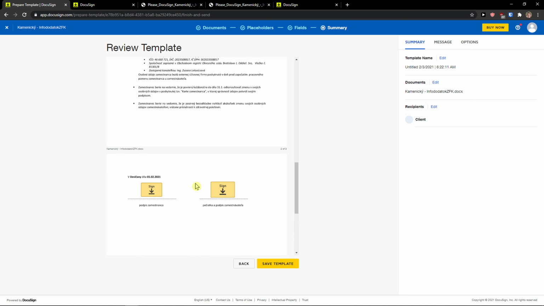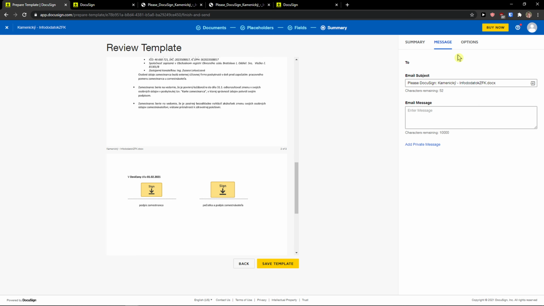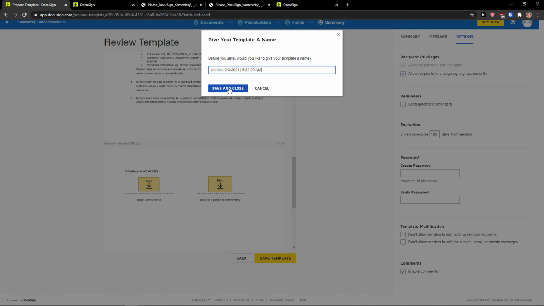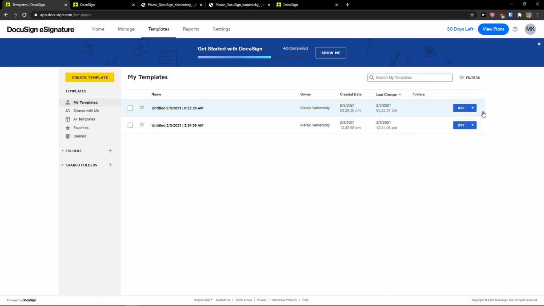So we got a template. So this template, if I would send it to someone, they need to sign it. Save template. I can also add a message. You can save the template, right? Save and close. And now I can go and click here, use,